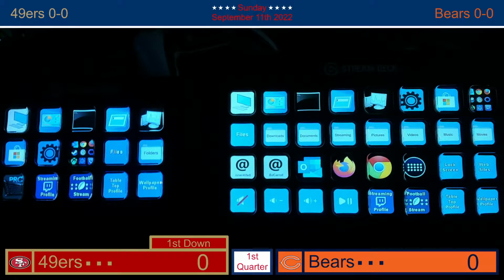So you'll notice on both Stream Decks, I have a button there that says Football Stream. The one on the left, on the 15 key, if I press it, all it does is switch the profiles on the Stream Decks. If I was to press the one on the XL, it's a multi-action key. It'll open OBS Studio, NVIDIA Broadcast. It'll switch the profiles. It'll switch the scene in OBS to the football stream, just in case it's not already on it. But since I already have OBS open, we're just going to press the one on the 15 key